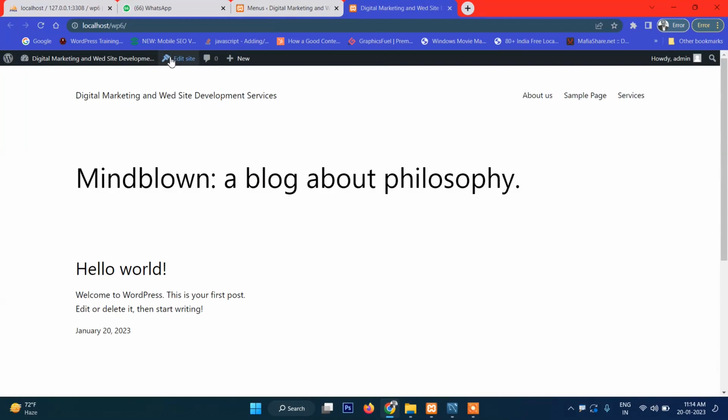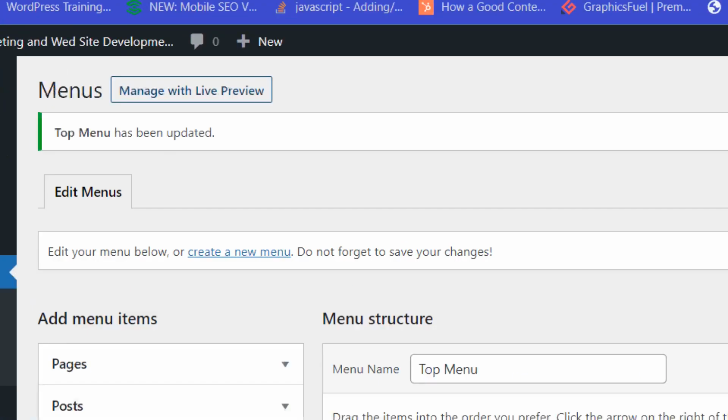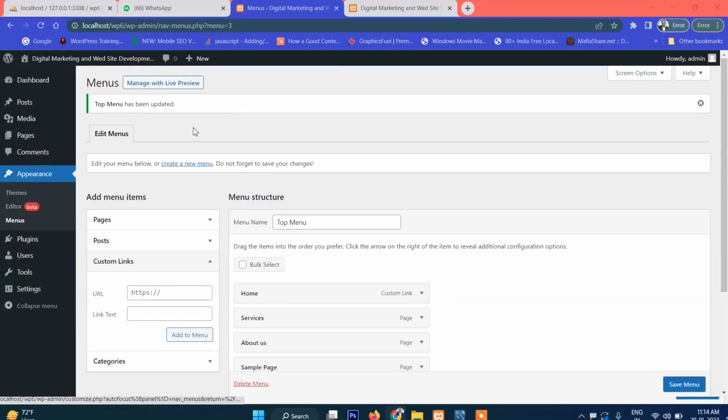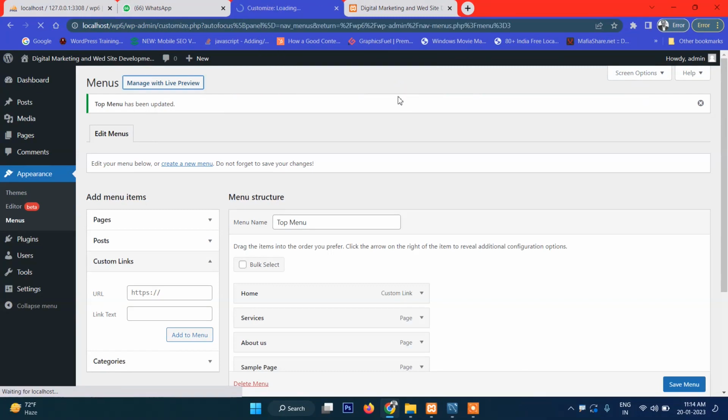Let's click on this edit site, or there is another option from here, editor. You can see this is a beta version, WordPress is still testing it, and this option comes in WordPress 6.1 version. Another option is here at the top, you can see manage with live preview. So click on this, manage with live preview,